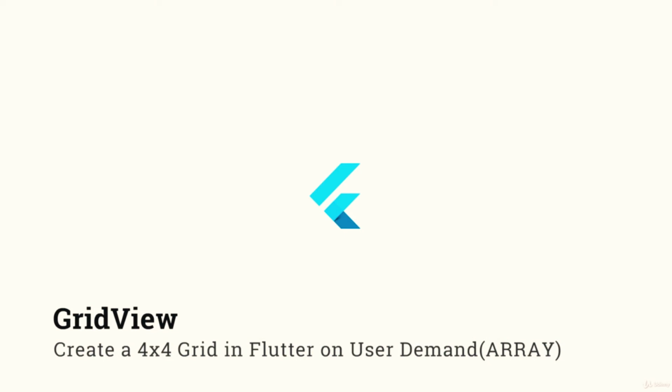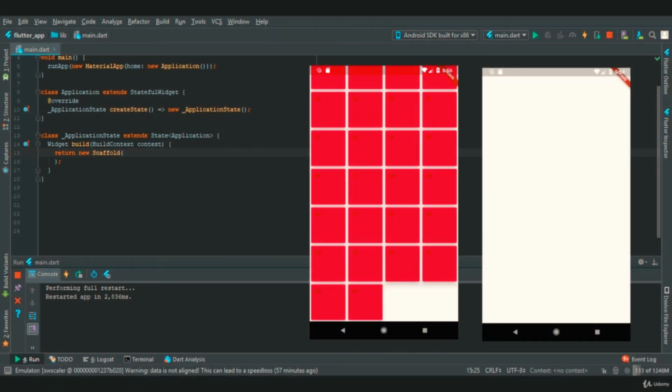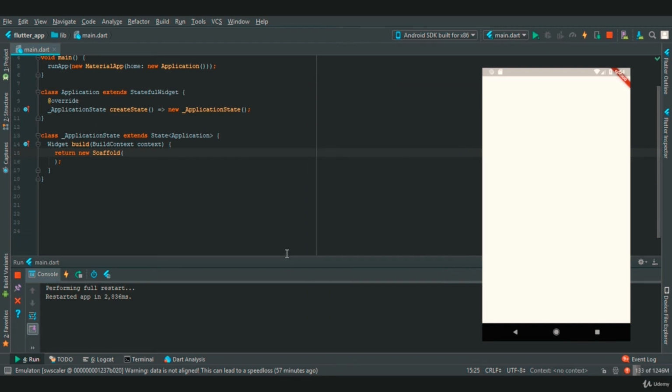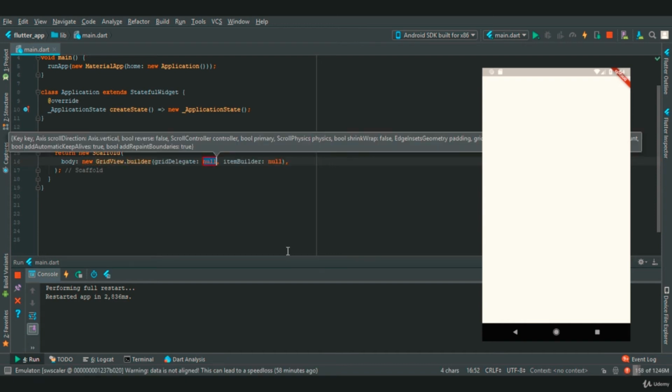In this video, we are going to create a grid that will accept an array list of 50. So for that, we need to create a body property in scaffold, and in this we need to provide a widget called as gridView.builder.